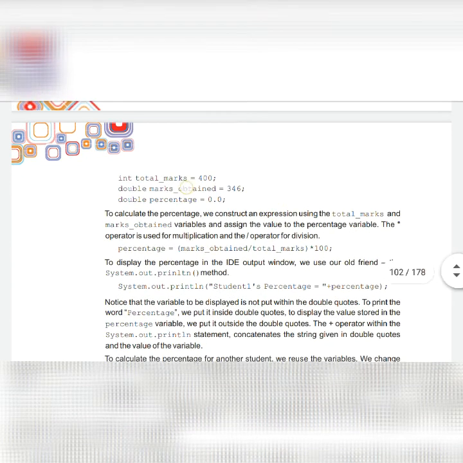Whenever we execute the Java program, the main method gets executed. So we'll write all the statements inside the main method. Now, for example, we have taken the variables: integer total marks, double marks obtained, and double percentage. As I have taken data type double, I can use decimal values also. Okay.